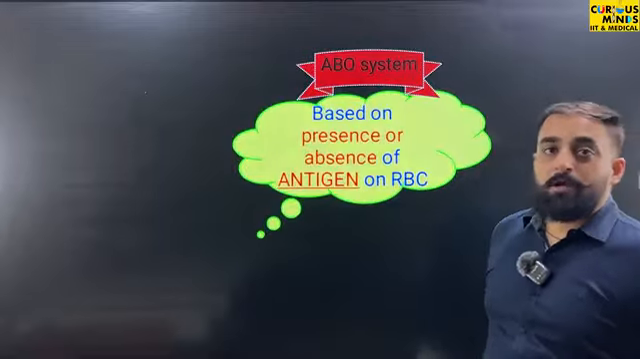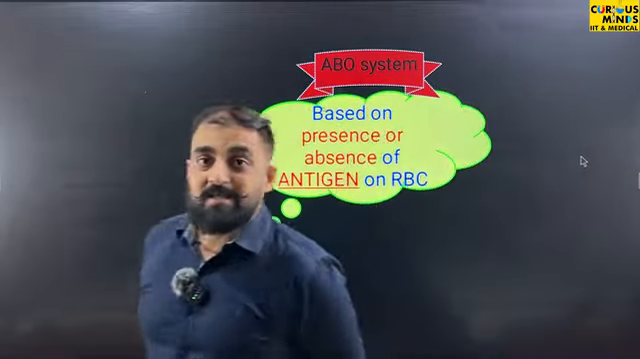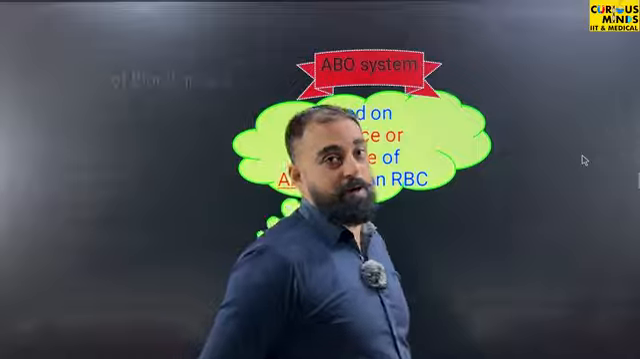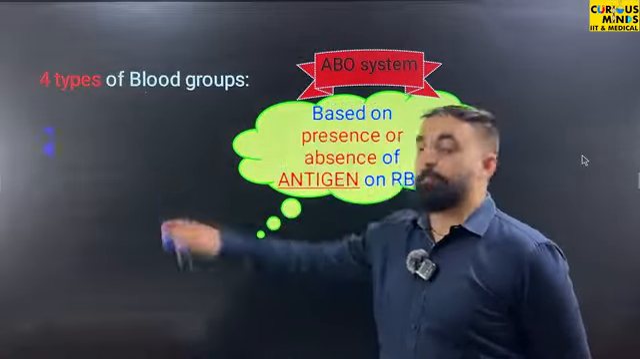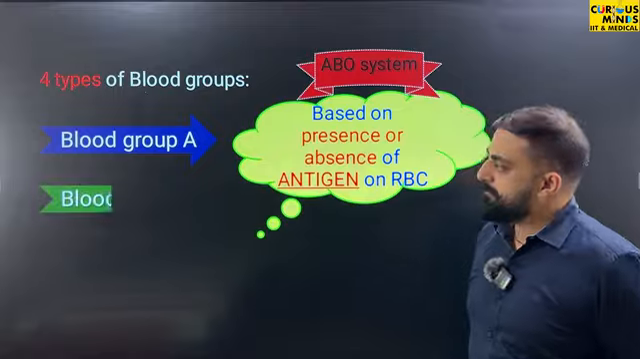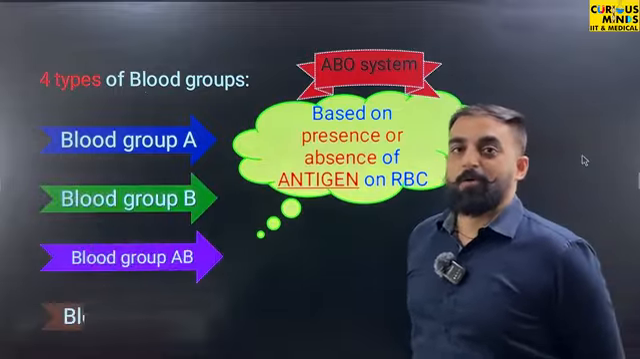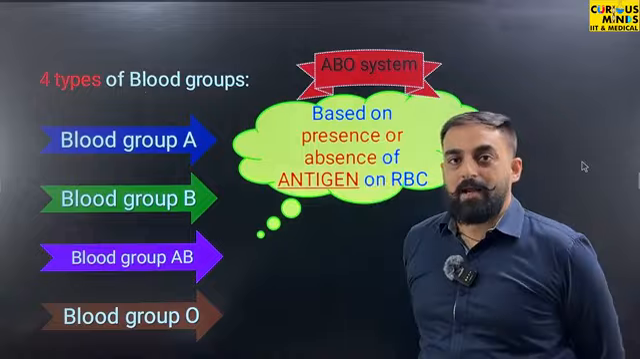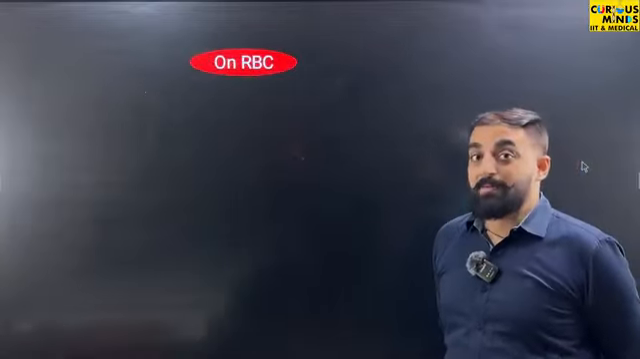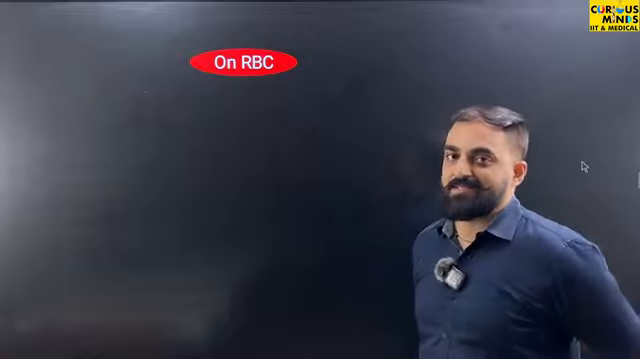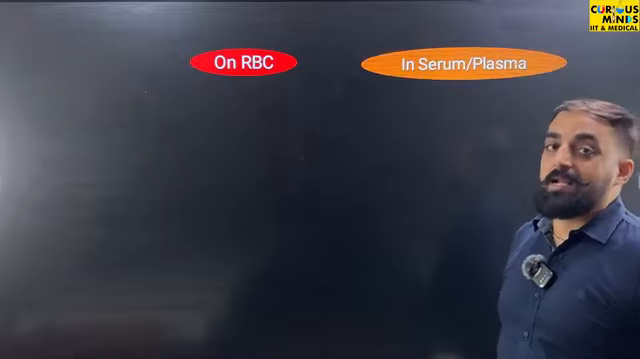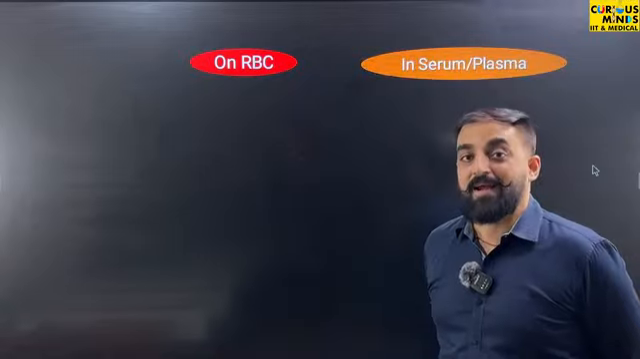Now, based on the presence or absence of these A and B antigens, Carl Landsteiner could find out the following blood groups. Which four types of blood groups? Blood group A, blood group B, blood group AB and blood group O. Let me now conclude his learning by putting down a table for you. So here's the table. On the RBC, what do we find? We find antigens, in the form of A and B. What do we find in the serum or plasma? We find corresponding